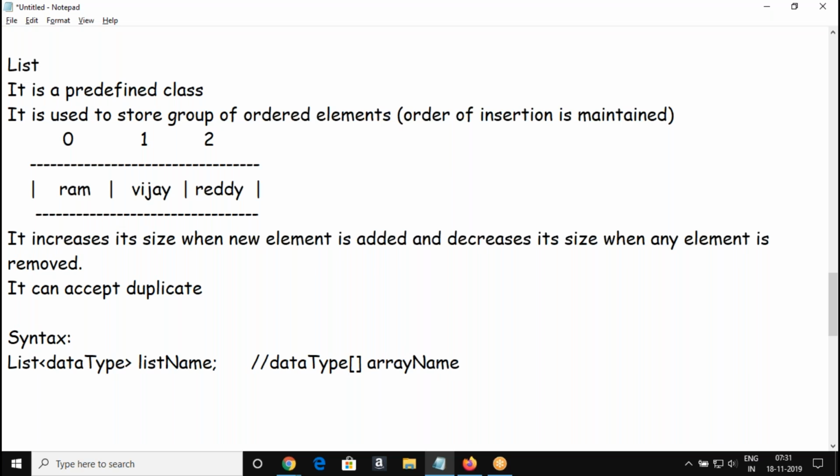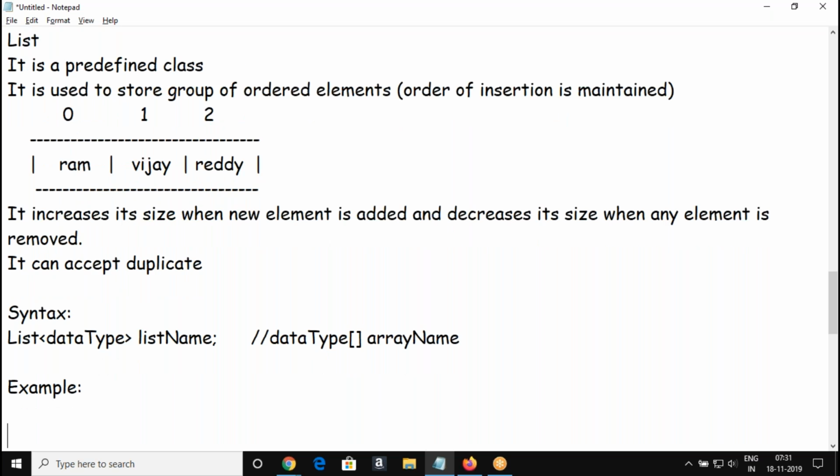There we define what type of element you are going to store in the array. Similarly, here you define what type of element you are going to store in the list. That's determined by the data type part: List, open angle bracket, data type, closed angle bracket, list name. People follow this?